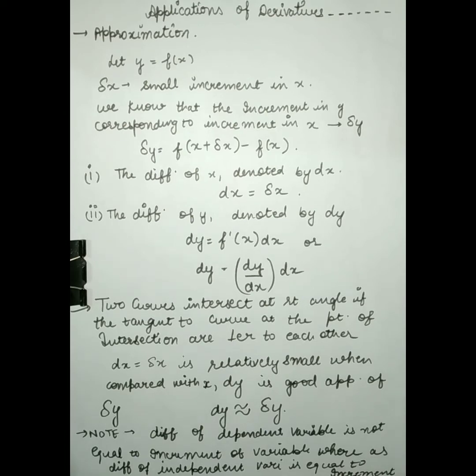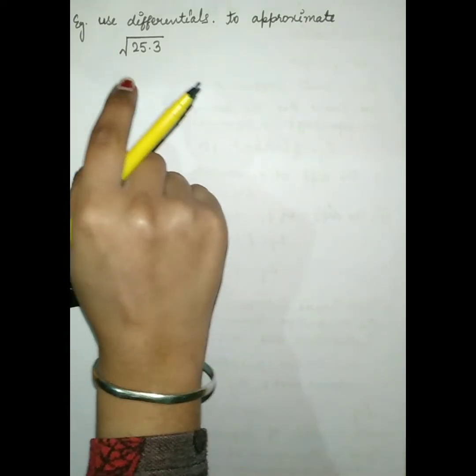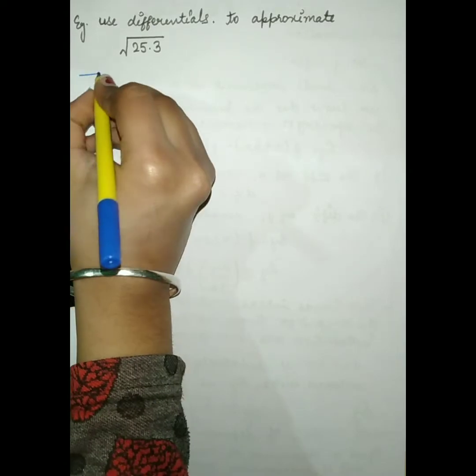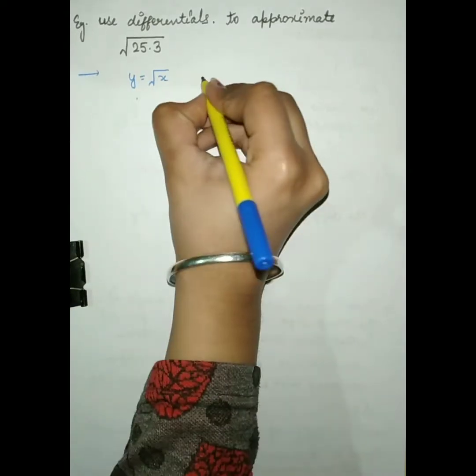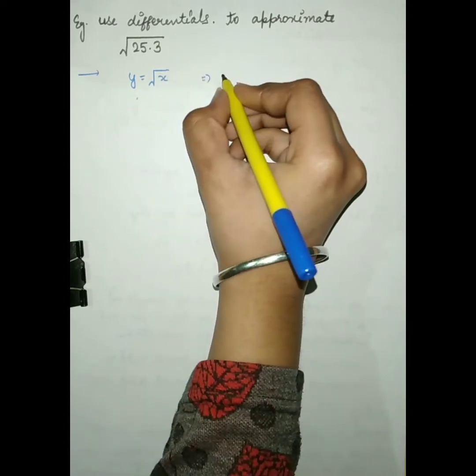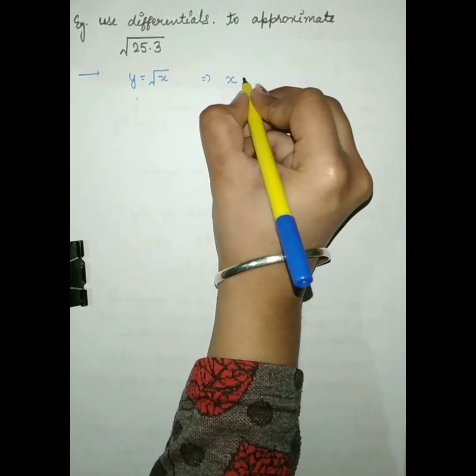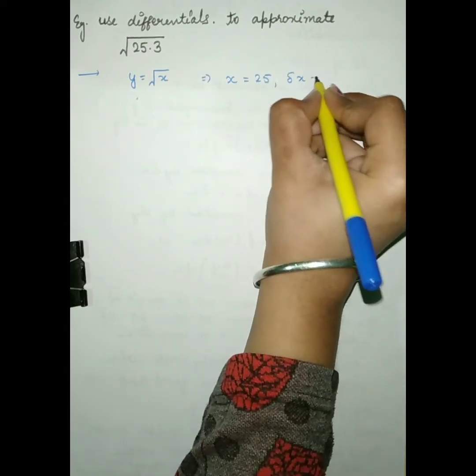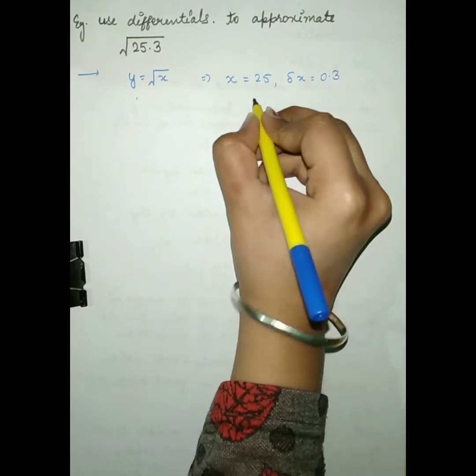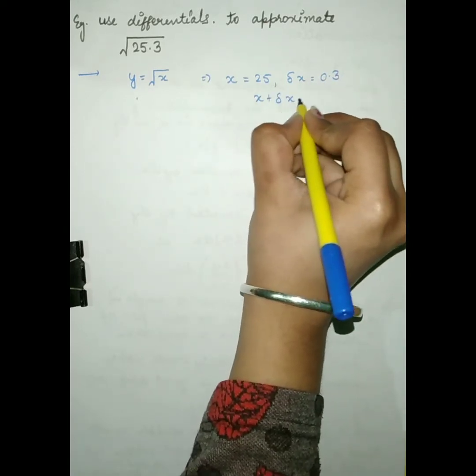Now next we will start with an example which is related to the approximation. Example: use differentials to approximate root 25.3. In this, firstly we will take y equals root of x. That means from this x will be equal to 25 and del x will be equal to 0.3. That means x plus del x will be equal to